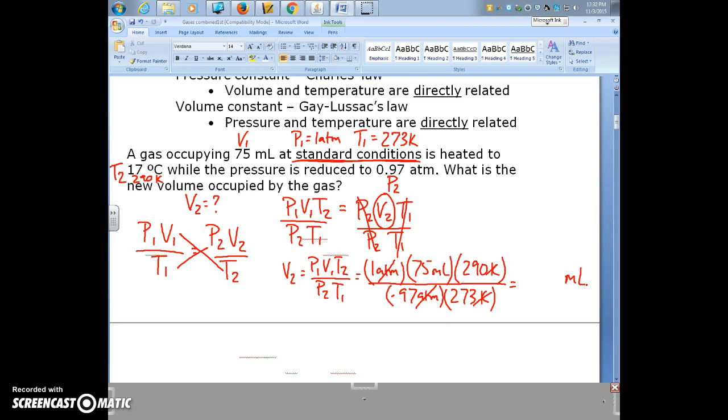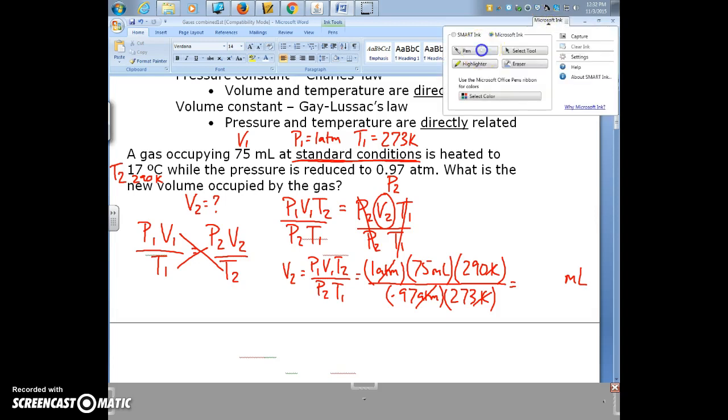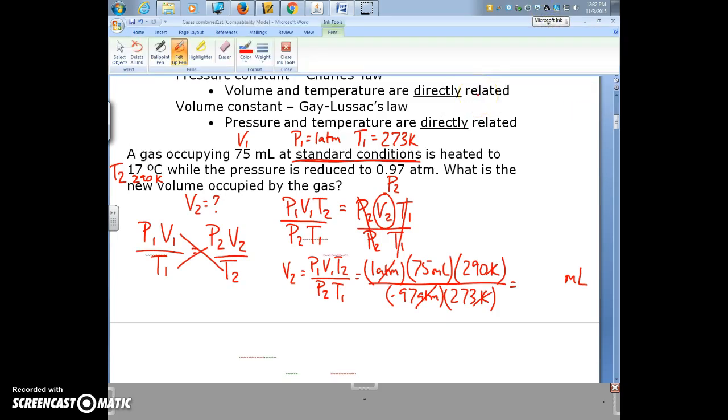Remember that when you plug it into your calculator, you put everything in one set of parentheses. But one set of parentheses. When you do this,